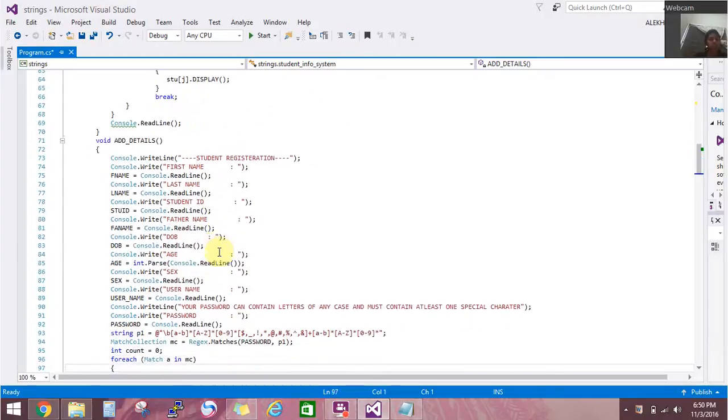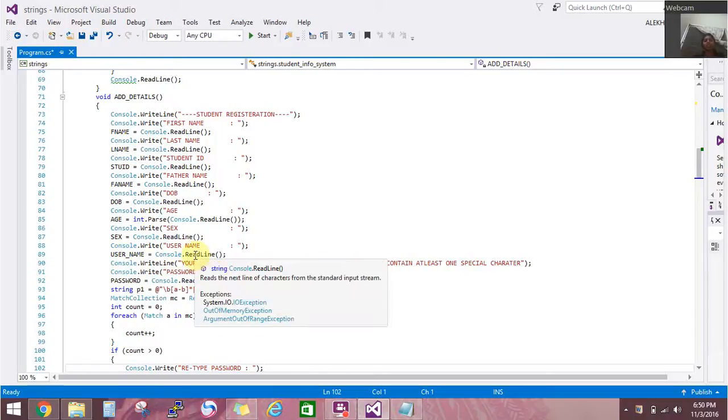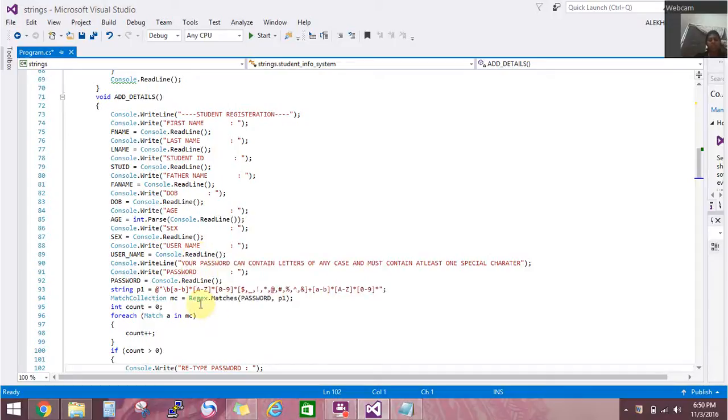So when we go to add details, I'm adding the student information details, like first name, last name, student ID, father name, date of birth, age, sex, and username. You can create a username and a password for your student information system, where your password should contain special characters such as those mentioned here. And if it doesn't match, so regex is a